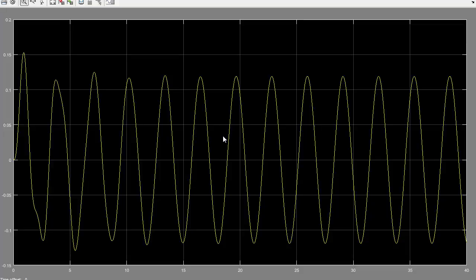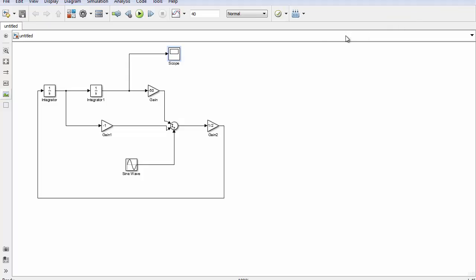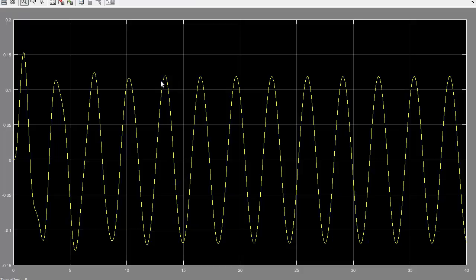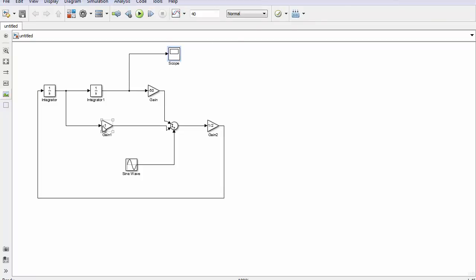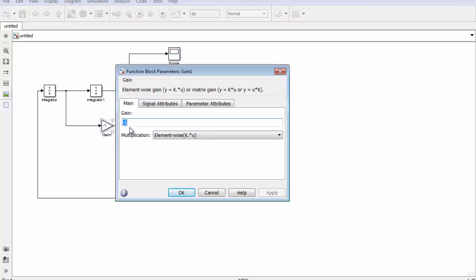For now, to get a better sense of the response, let's change the value of some physical parameters of the system and see how the system response would change. Just remember here, when the damping coefficient is 1, the maximum amplitude of the response in the steady state part is equal to approximately 0.12. Okay, so now let's increase the value of the damping. For example, if I change it to 15,